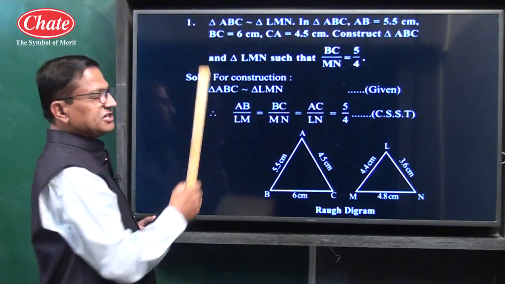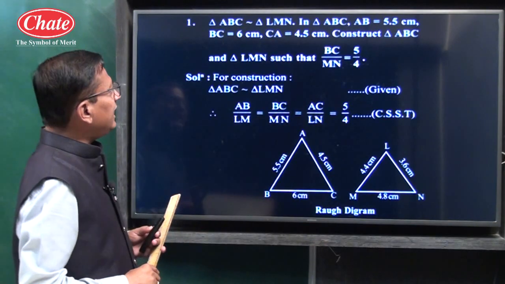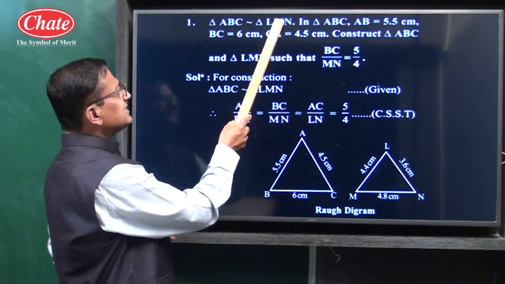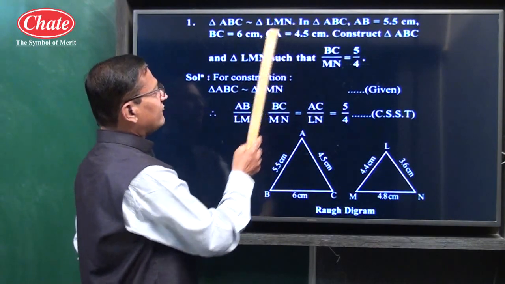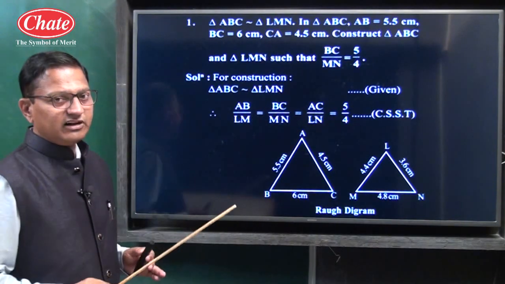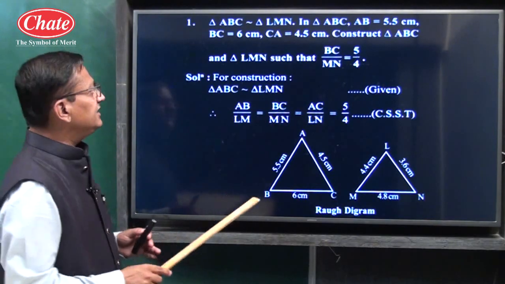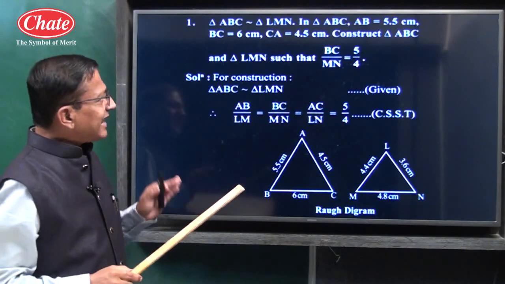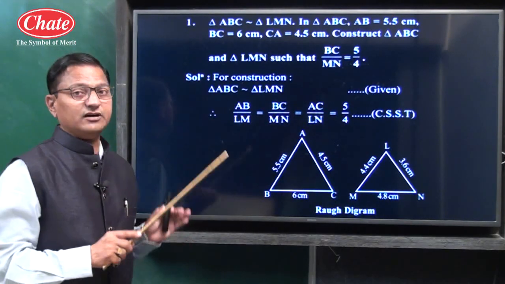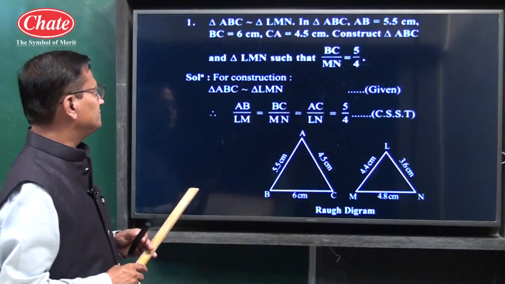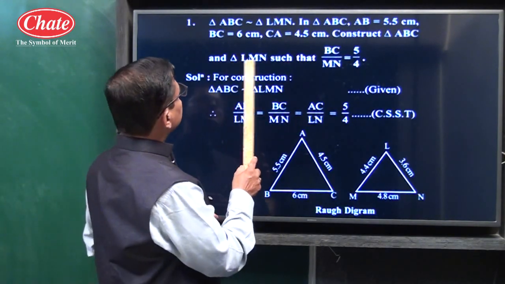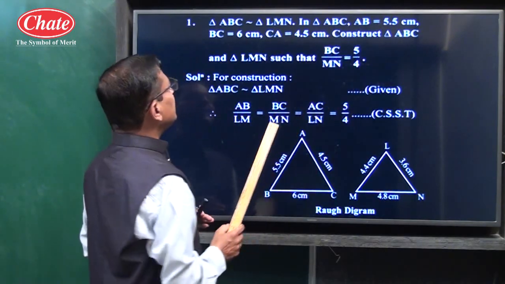In triangle ABC, the vertices are A, B and C, and in triangle LMN, the vertices are L, M and N. No vertex is common in the two triangles. So this is type 1. And in type 2, there are common vertices. See now. First, we can draw triangle ABC by